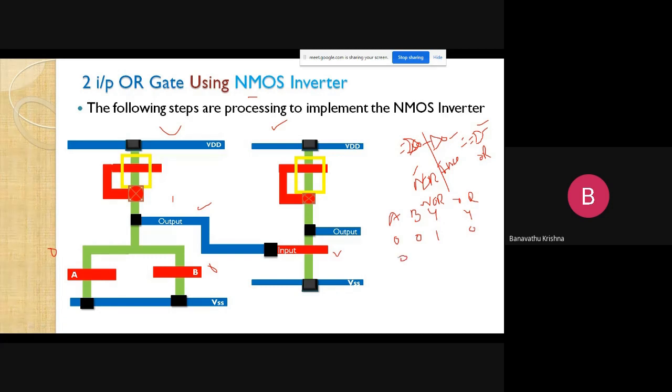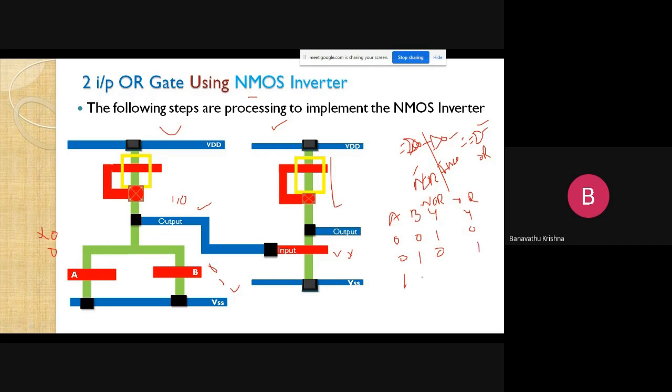Next, the 0, 1 case. Here it is 0, and here it is going to be 1. So one goes to off condition, and the other goes to on condition. There is a path from V out to VSS and VDD to VSS, so the maximum current is drained to the ground. We are getting output response 0 here. This 0 will be applied at the input of the second phase. So it is going to be off condition. We are getting output response like this, that is nothing but 1.